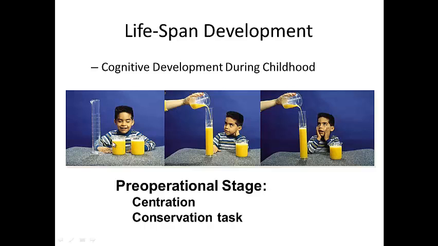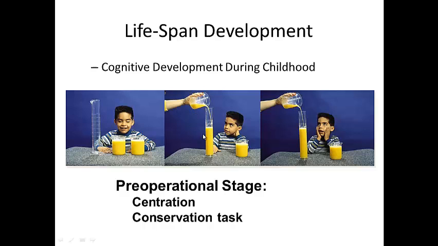Now, if you take one of the containers and pour its content into a differently shaped glass, and then ask again which one's more, they will typically point to the tallest one. So what they're exhibiting here is a lack of conservation, the lack of this ability to conserve,